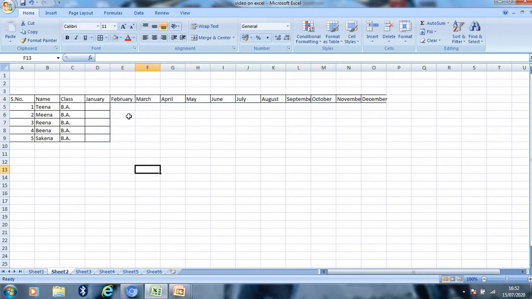Now, how can we add borders? As you see here, in these cells I have the borders. That is, in this table some cells have a border but these cells do not have a border. So how can we get the border outside our cell? For getting a border outside our cell, select those cells